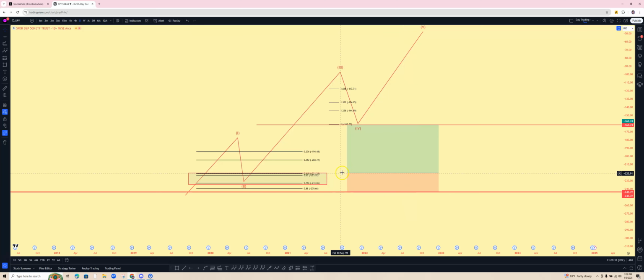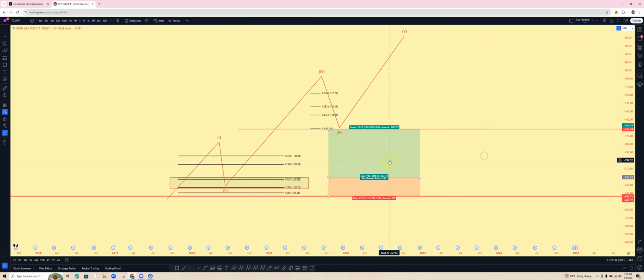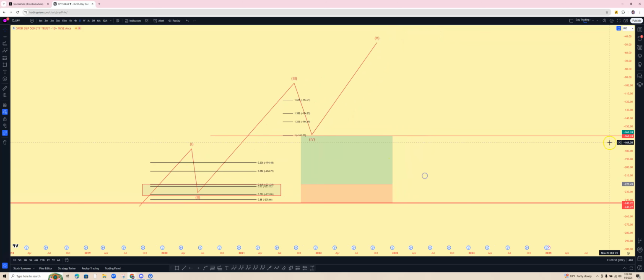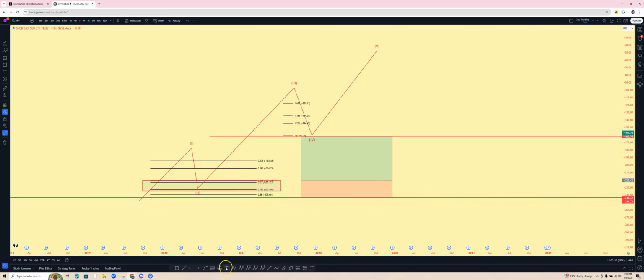So 2.52. So if you lose 500, if you win, it's 500 times 2.52, right? That gets you how much money you make. Why is this so important to have more than a 1-to-1 R&R? You want to have a 2-to-1 R&R, 3-to-1, because let's say you win only 40% of your trades, right? Let's say you only have a 40% win percentage, okay?